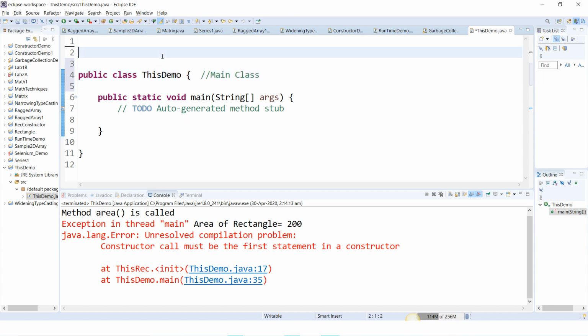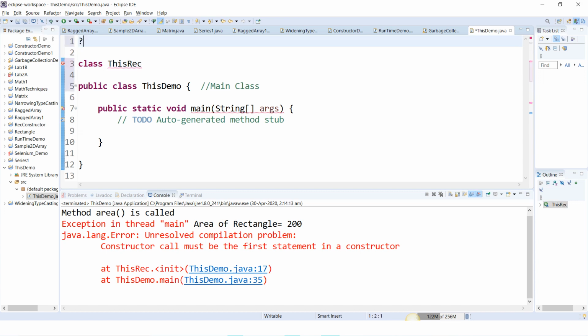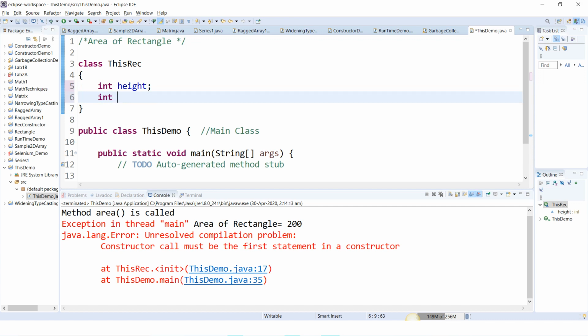Then first let me take a class named ThisRect. We are finding the area of a rectangle, a Java program to find area of rectangle using this keyword. Inside the curly brackets of ThisRect, we will declare two variables, int height and int width.